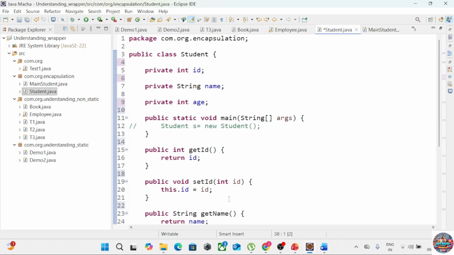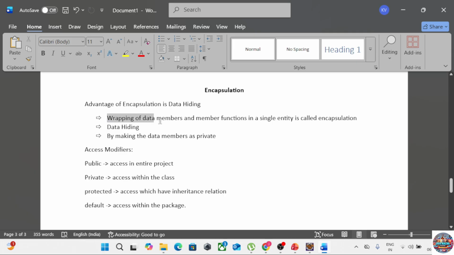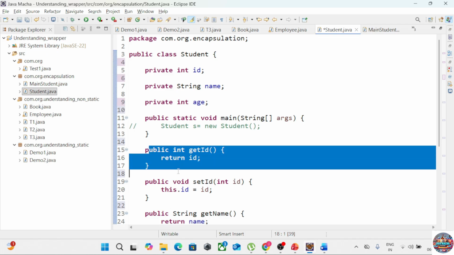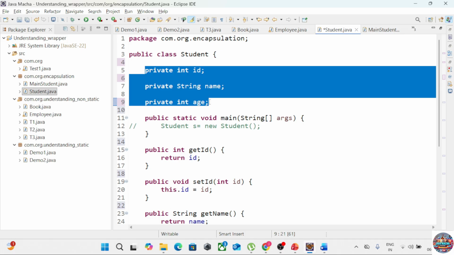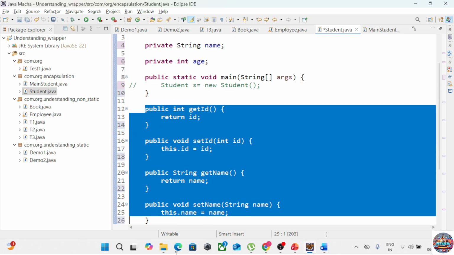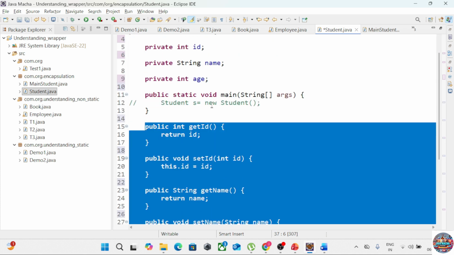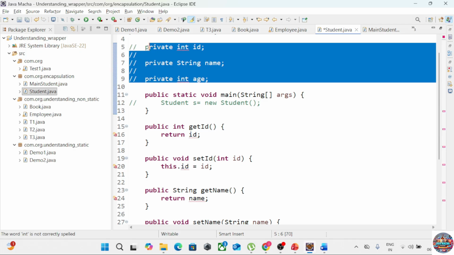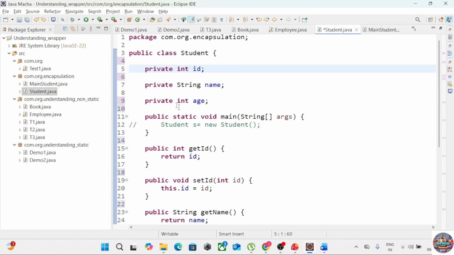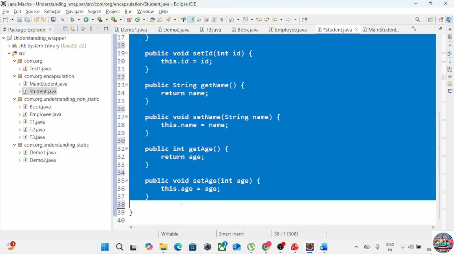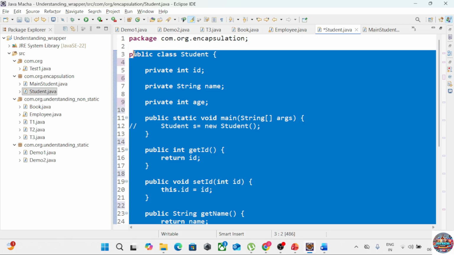Now I have one point here. Data members and member functions in a single entity means if the data member is not there, the member function is not there, and if the member function is not there, the data member is not there. Correct? If private variables are there and I'm not creating any public method, is there any use of the variable? No. If I'm creating only methods and not variables, again compile time errors. No use. So that wrapping up of data members and member functions in a single entity is known as